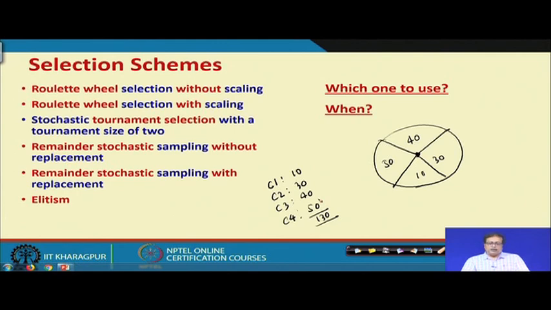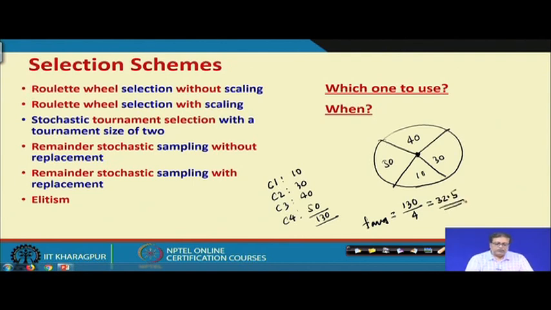In the remainder stochastic method, we take a slightly different approach. We first take an average. What is F average? 130 is the total, and there are 4 chromosomes or strings, sometimes they are called strings. So, 130 by 4, that is 65 by 2, so 32.5.